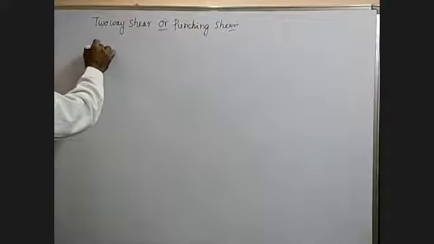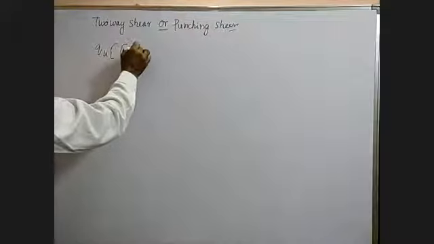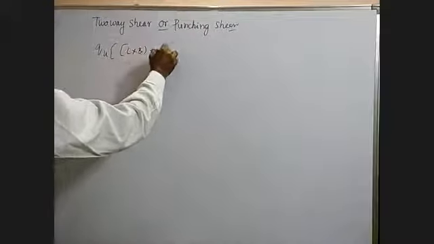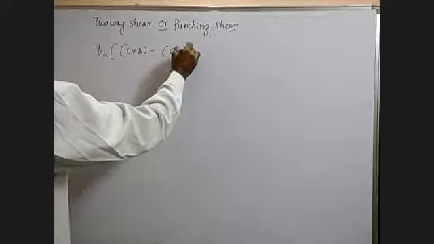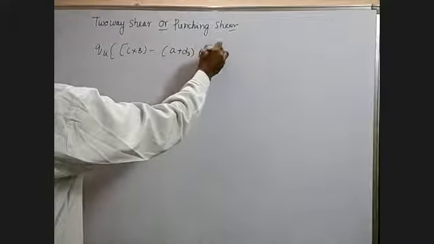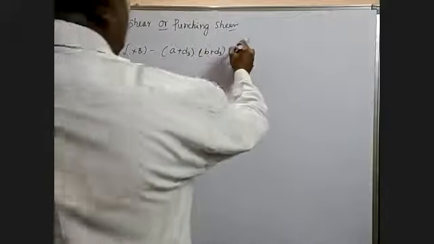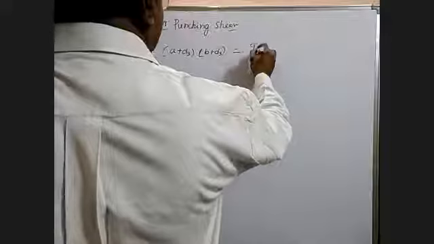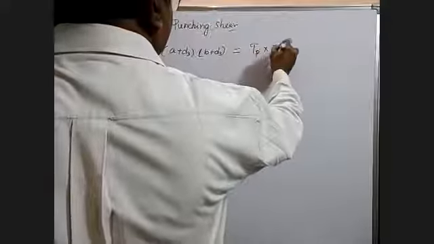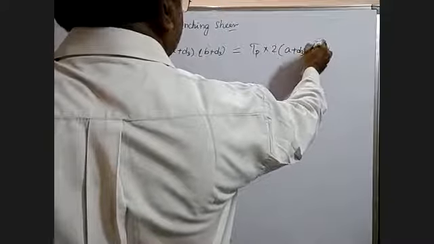Qu into (L into B minus (A plus D) into (B plus D)) is equal to tau P into 2 into (A plus D plus B plus D)